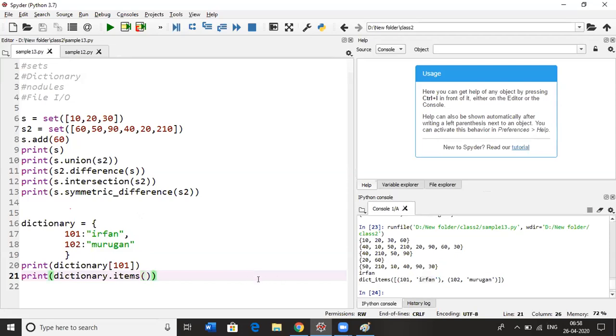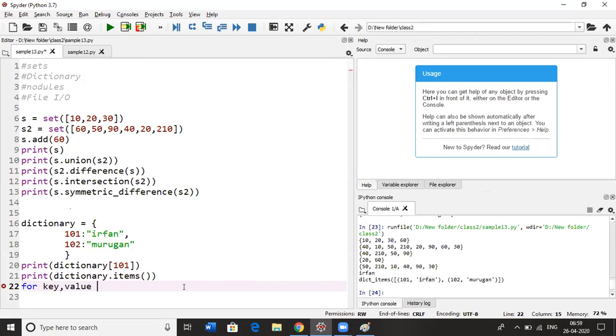So you can get the values with a for loop, and you need to use two variables here, because we are getting a tuple and need to separate those values. For the key we use one variable, and the other is value, let's say.